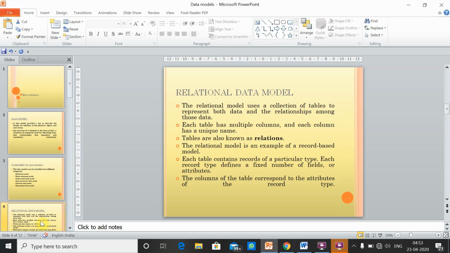So this relational model will hold records in the table. Each row-wise data we call a record. Each record will talk about a single entity. So we'll see with an example what it is.